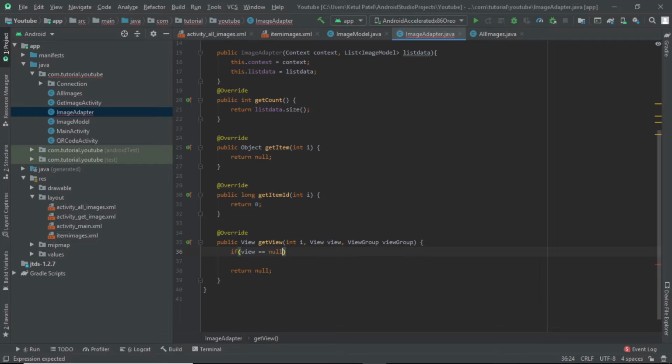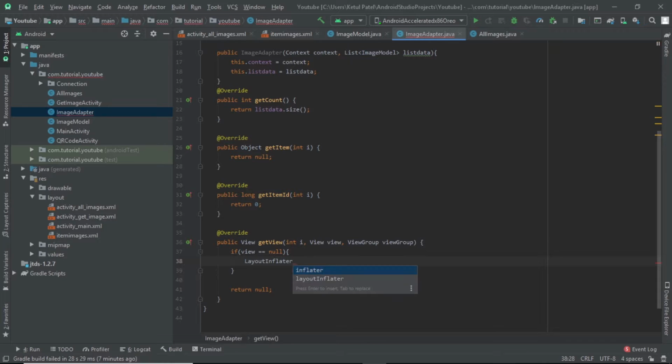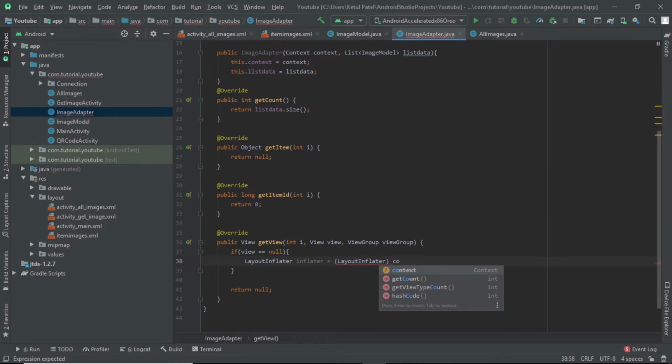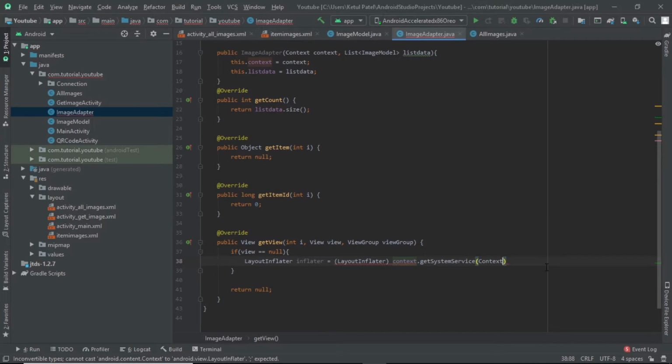If our view is null, then what we will do is create a LayoutInflater, and the inflater is equal to, let's cast it with LayoutInflater, and then over here context.getSystemService, and pass the context.LAYOUT_INFLATER_SERVICE,